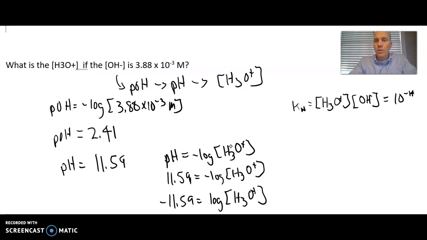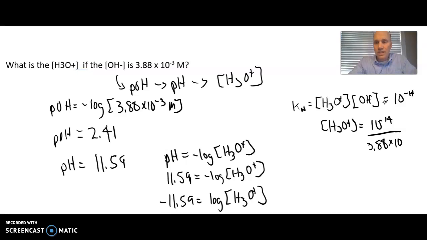Notice that this equation right here gives us this right here. We could plug that directly into this equation, and what that would tell us is that H3O plus is equal to 10 to the minus 14th over